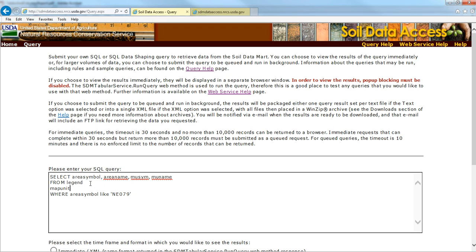Well, that's not everything that you need. There are two things that you have to understand when you add multiple tables. Number one is what kind of join you want, and number two is what are the linkages between the two tables. I'm going to explain joins in a later video, but by default you're going to type in an inner join. This means I want a one-to-one match between the legend and the map unit table, and I want the link on